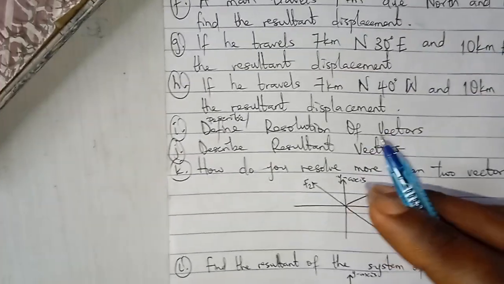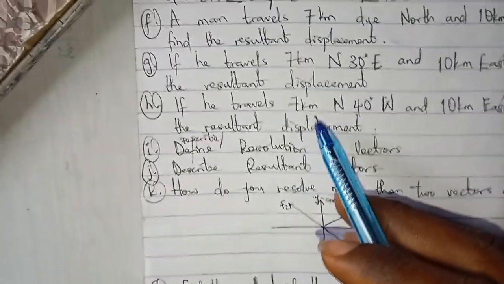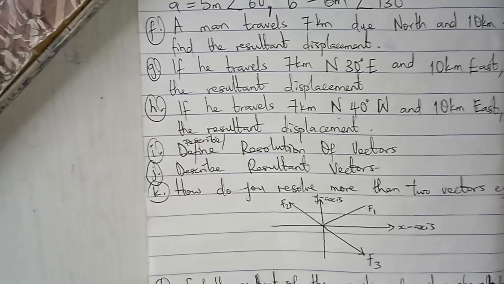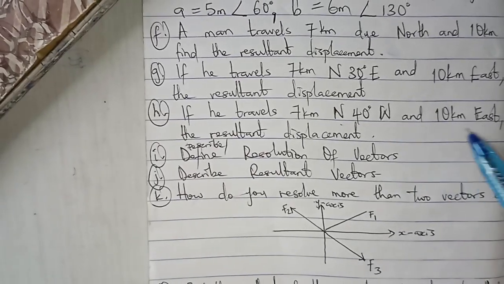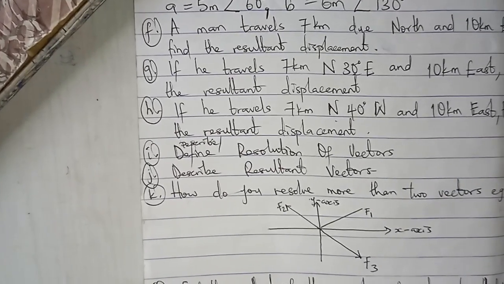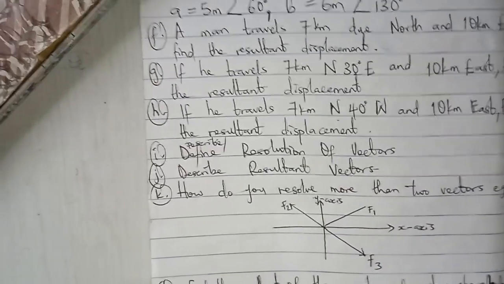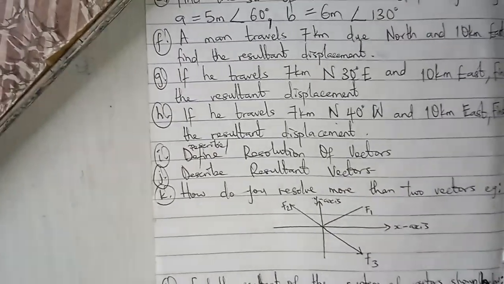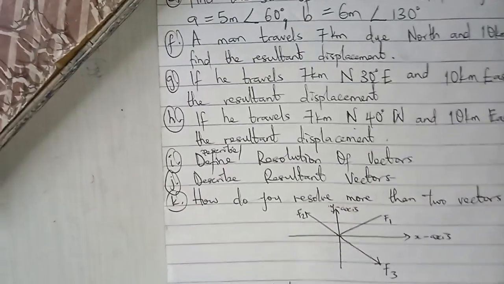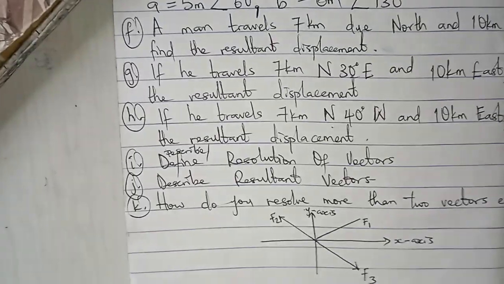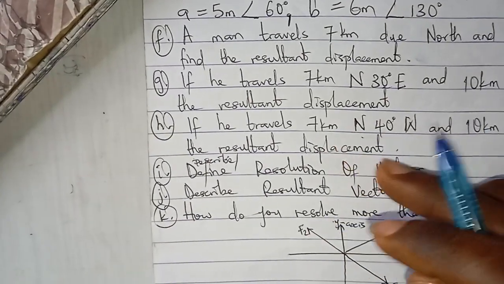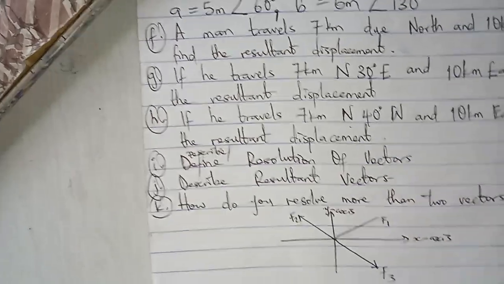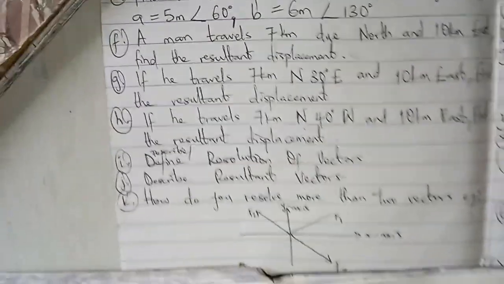Now, for the next question, they said if he travels 7 kilometers 40 degrees west. Okay, right, I'm coming. I think after this we need to look at what resolution is. So he said if he travels 7 kilometers, remember I told you always make sure to draw